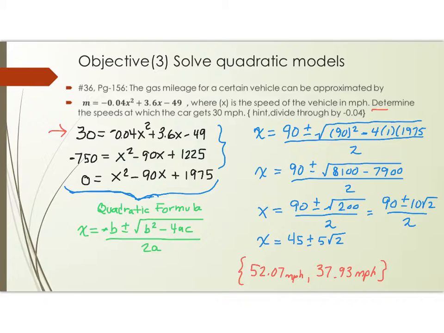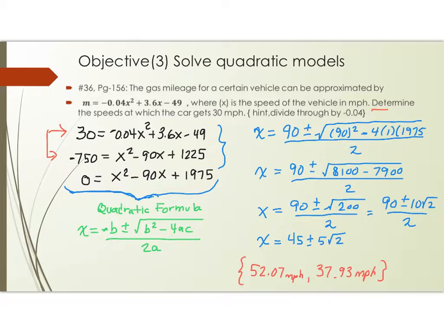I'm going to divide through by a negative 0.04. When we do that, we get the following. A negative 750 is equal to x squared minus 90x plus